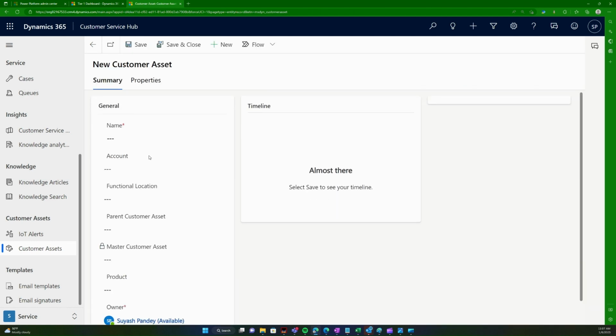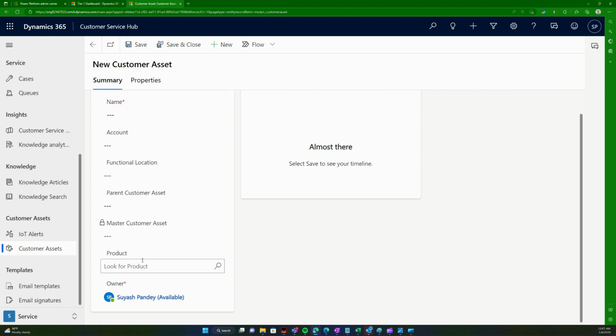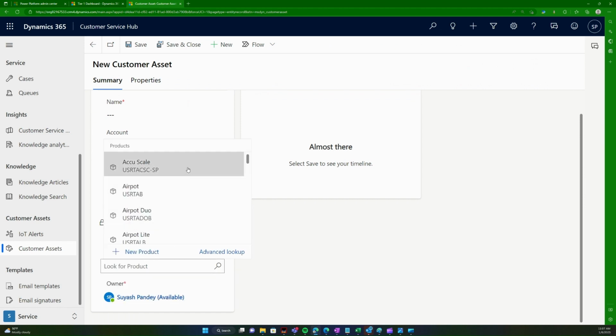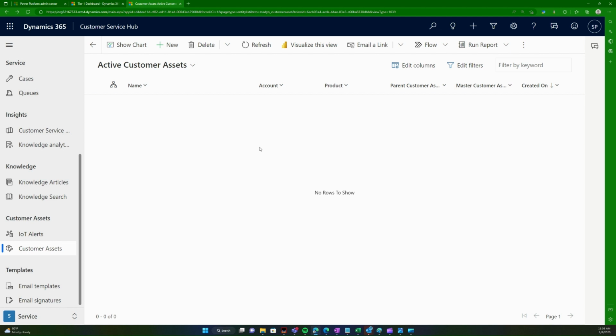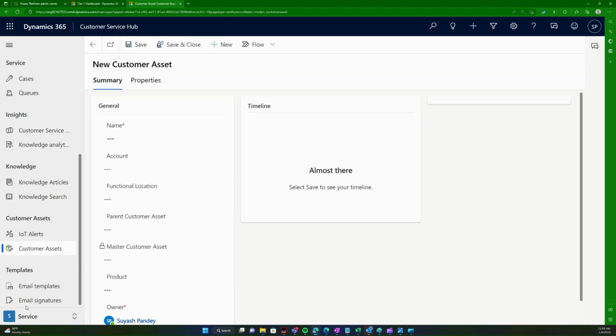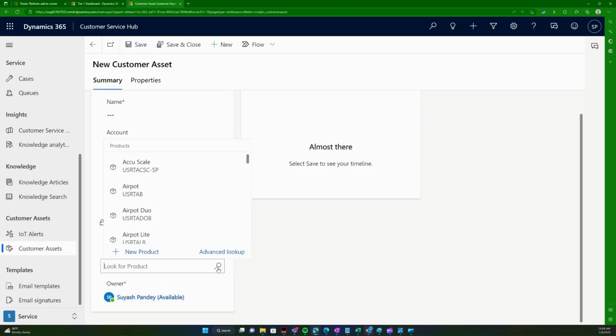because next time they call, you can just find those customer assets. See, the product is always going to be the same. If I manufacture an iPhone 8 Plus, then iPhone 8 Plus is just a name for me. But a customer asset is going to be the combination of the serial number and the product. So they have an iPhone 8 Plus with a certain serial number, and then we're going to tie that product to a customer, and that's what you do when you create a customer asset. You choose one of your products,